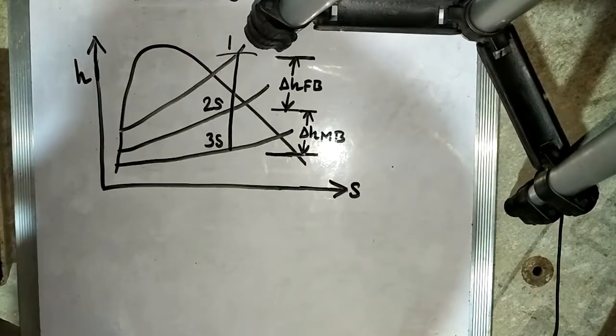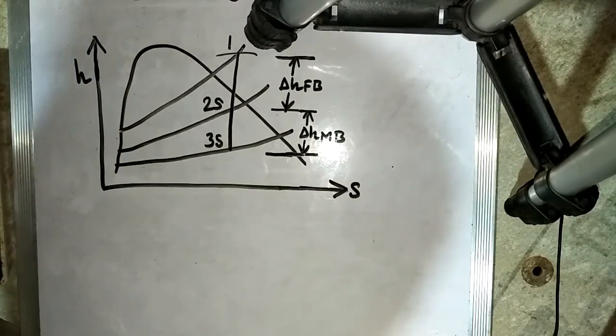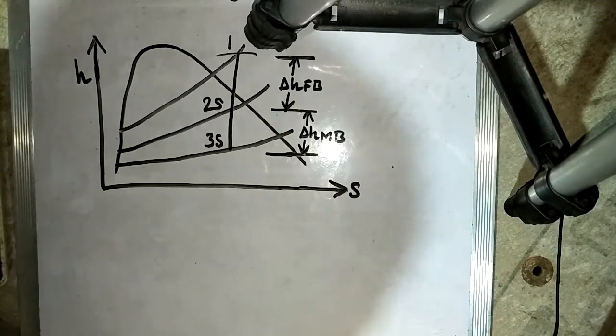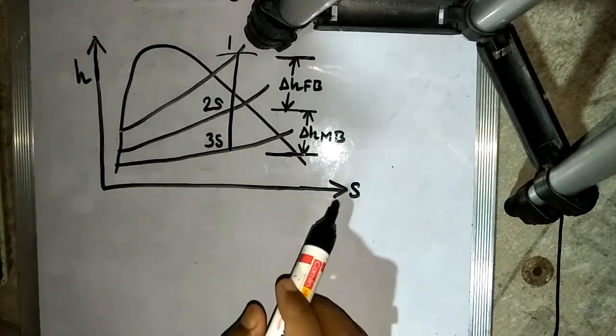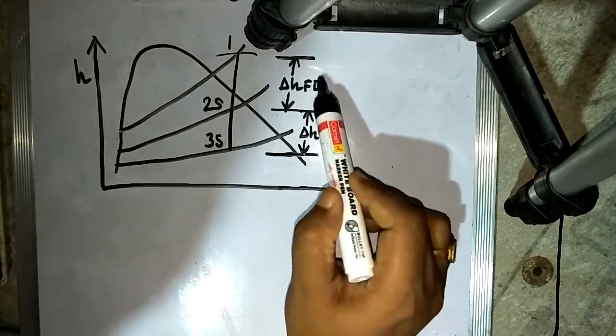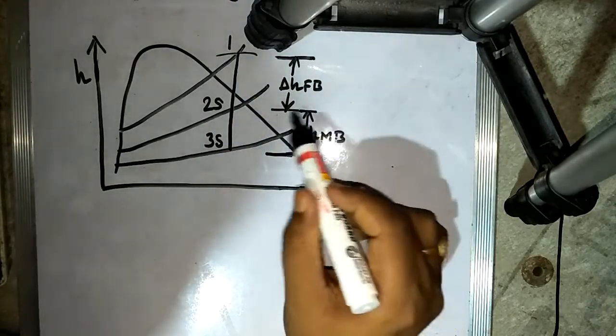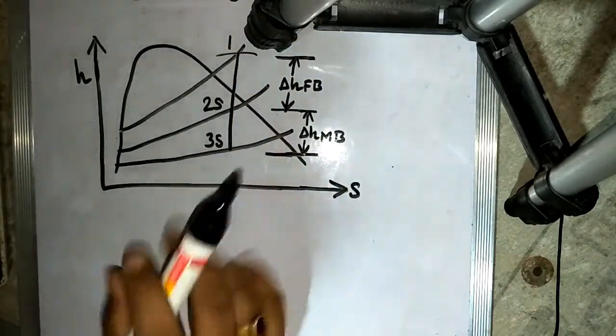So it's no longer convenient to talk of nozzles and blades, since in the reaction turbine both the fixed and moving blades act as a nozzle. It is usual to refer to the two sets of blades as stator or fixed blades and rotor or moving blades. Since the isentropic enthalpy drop of the stage is equally divided between the fixed blade and the moving blade, as shown in this figure, which is the enthalpy versus entropy diagram, this one is the enthalpy drop in the fixed blade and this one is the enthalpy drop in the moving blade. So from this diagram we can write